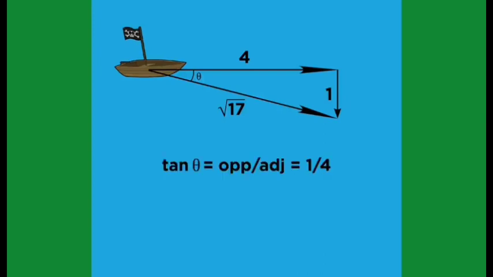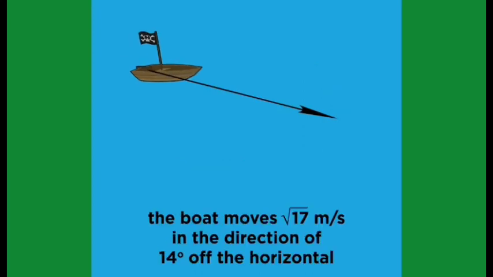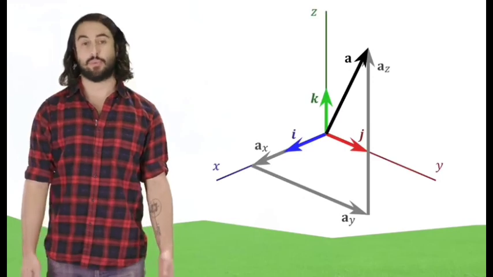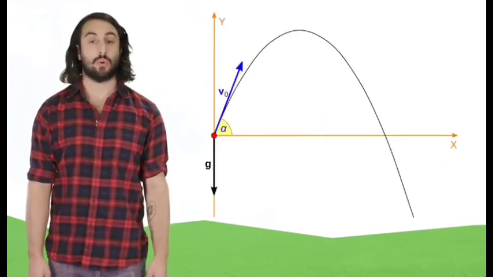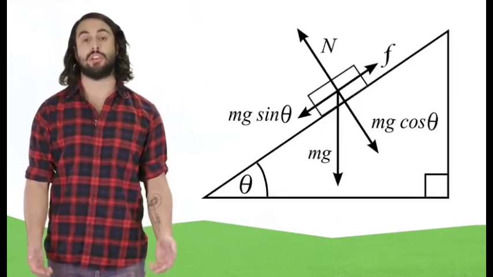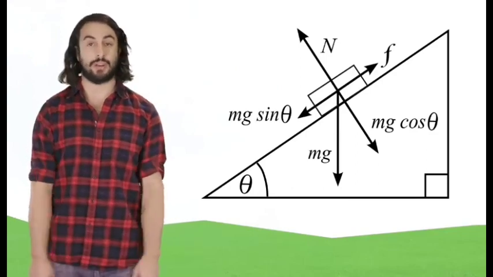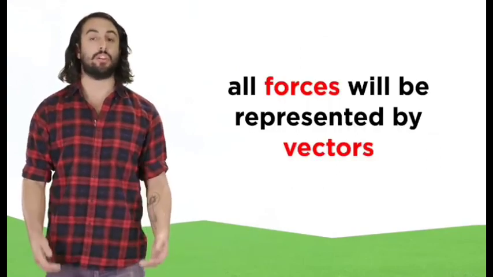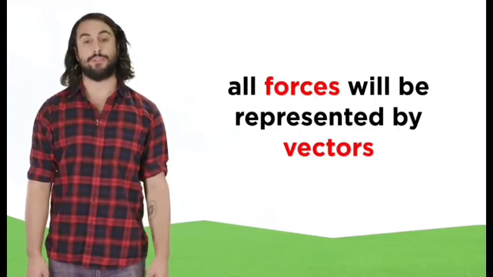Say we use tangent. Tangent theta will be opposite over adjacent, or 1/4. Taking the inverse tangent, theta must be 14 degrees. So the boat is moving at a speed of √17 meters per second in the direction of 14 degrees off the horizontal. It may seem abstract right now, but we will be using this sort of approach in order to understand motion in almost any situation you can imagine, because it's just about using vectors to represent the forces acting